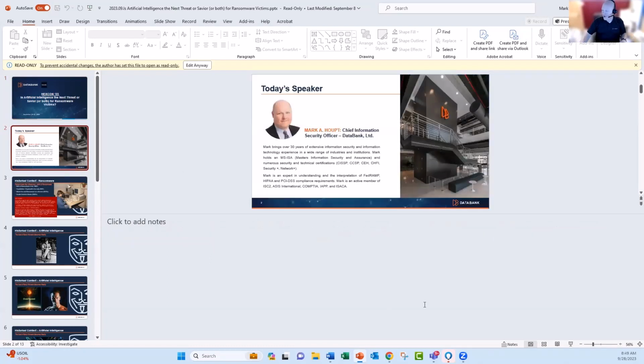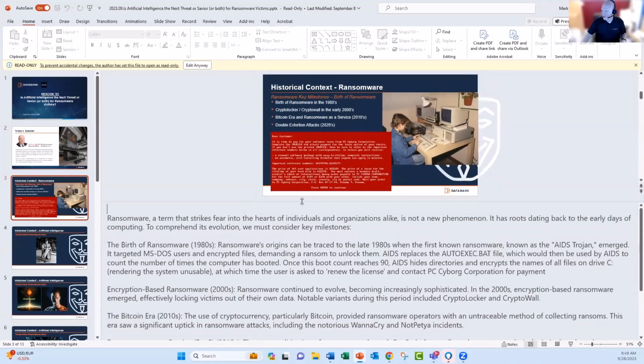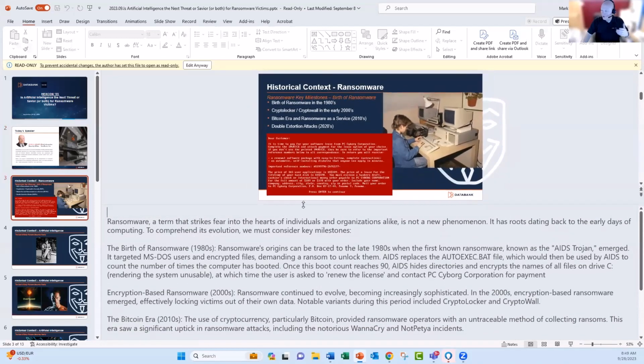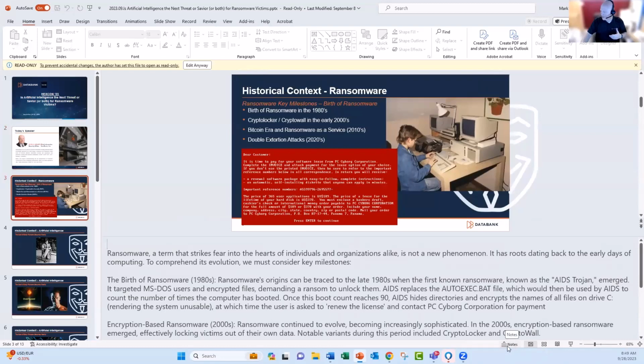So here's an example of a presentation I put together for a conference I did last week. And this is just my bio. You see, we kind of snazz it up a little bit, put a little picture in there, talking about who I am, and then we can kind of move through. And this is a section here called the notes section, where you can put in all your notes that are related to what you want to speak about in regards to that piece of the presentation. And that's where down here on the bottom, you got this notes where you can hide or have that